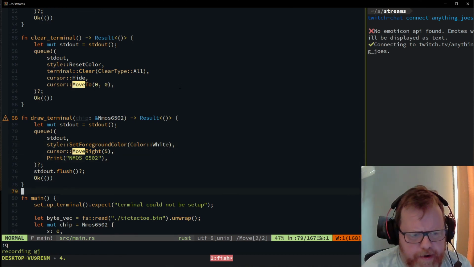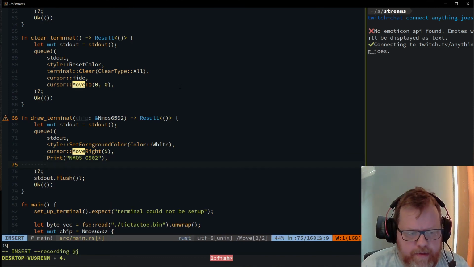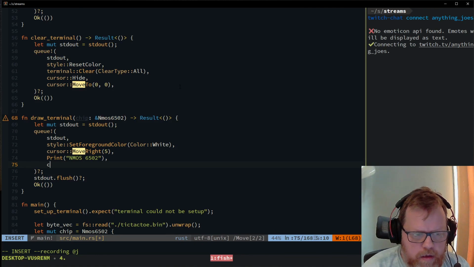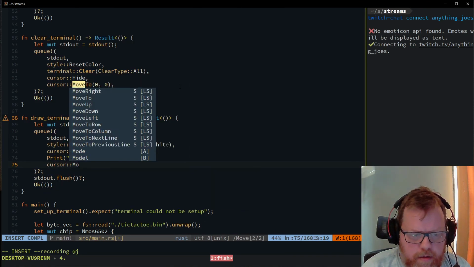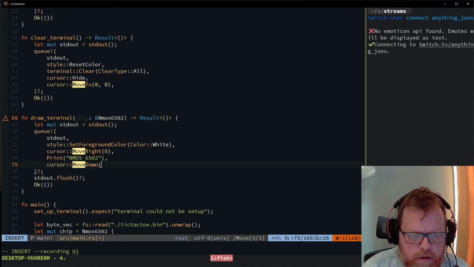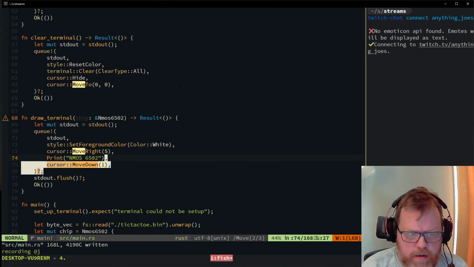Not entirely sure how I'm going to do that right now. But yeah, and so then we're going to just move cursor, move down by 1, and